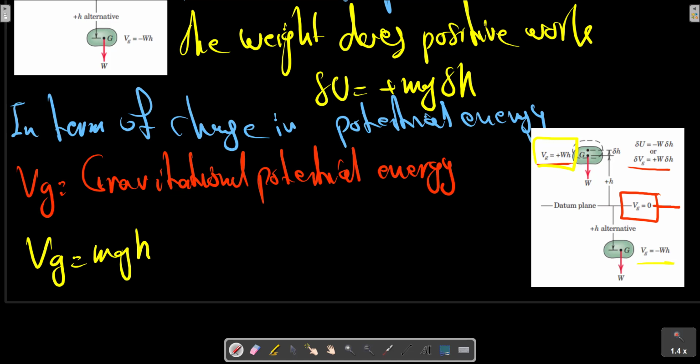Note that the datum plane for zero potential is arbitrary because only the change in potential energy matters, and this change is the same no matter where we place the datum plane. Note also that the gravitational potential energy is independent of the path followed in arriving at the particular level h. Thus, the body of mass m